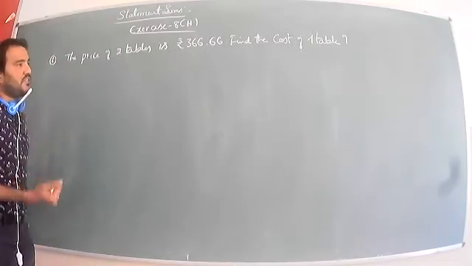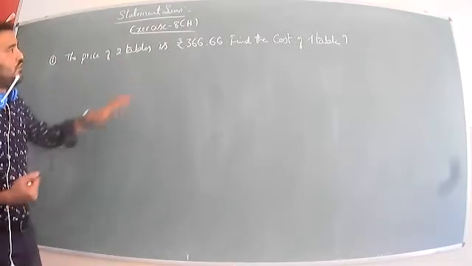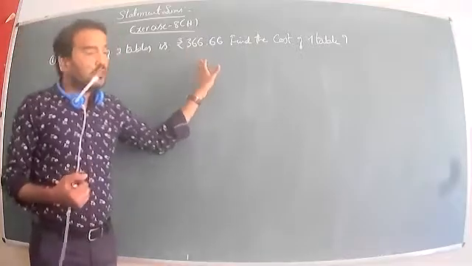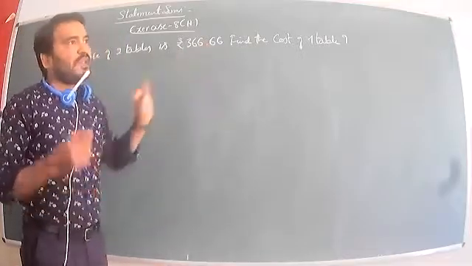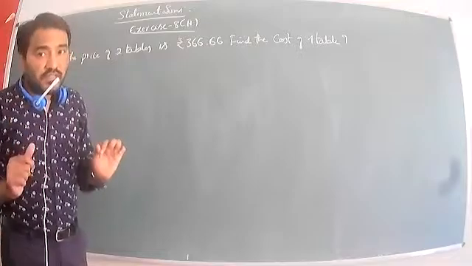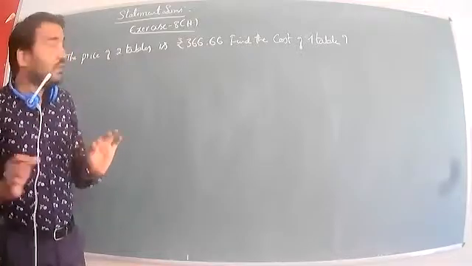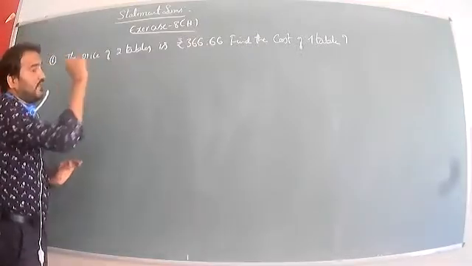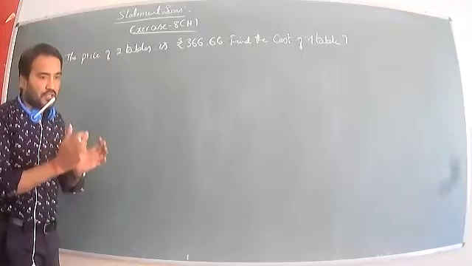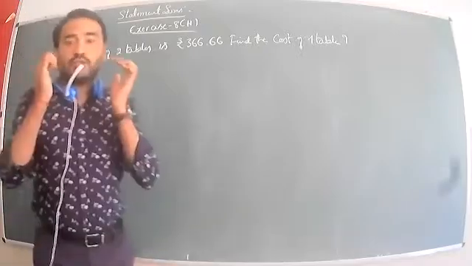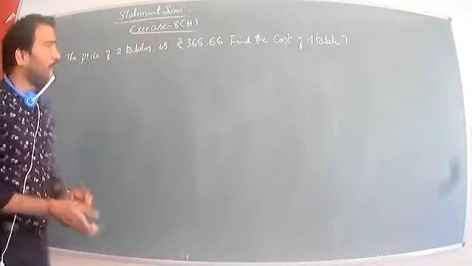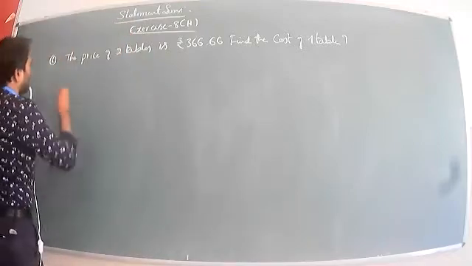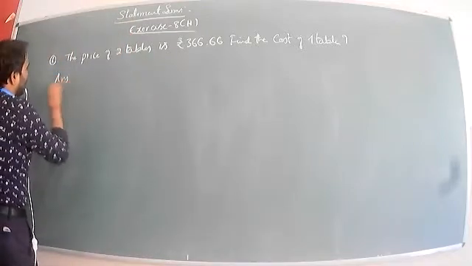So which is the divisor, which is the dividend here? The total cost of the two tables, 366 rupees 66 paisa, is the dividend. Which is the divisor? How many tables we have, that is two tables, that is the divisor. Keep in mind, ಎಷ್ಟು items ಇರ್ತವೋ ಅದು divisor. So total amount ಎಷ್ಟಿದೆ, that is called the dividend. Keep in mind. Okay, so now we can use the long division method.